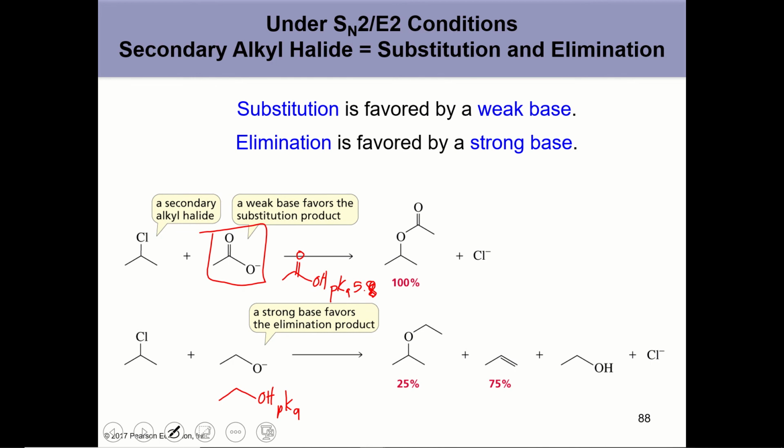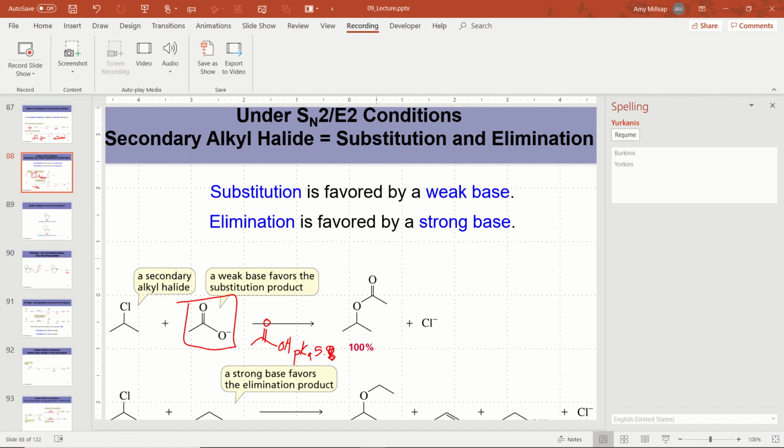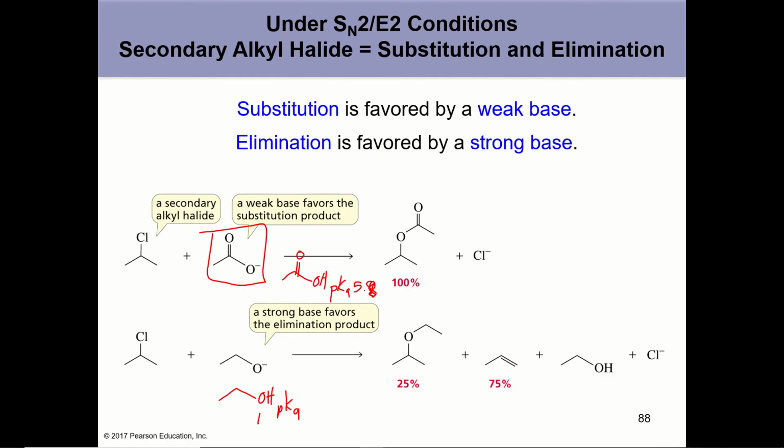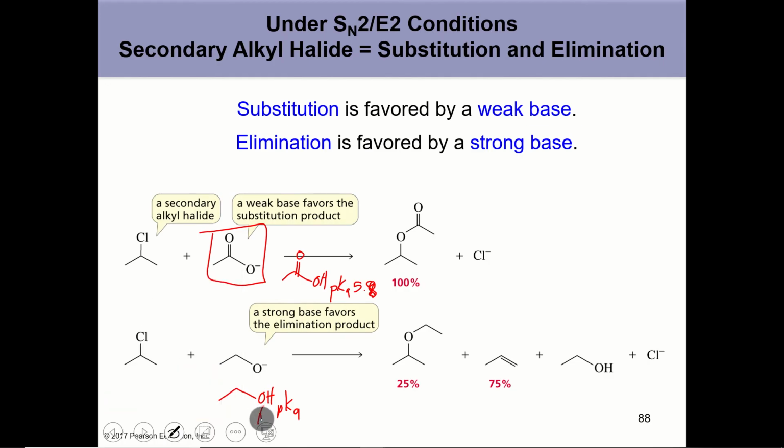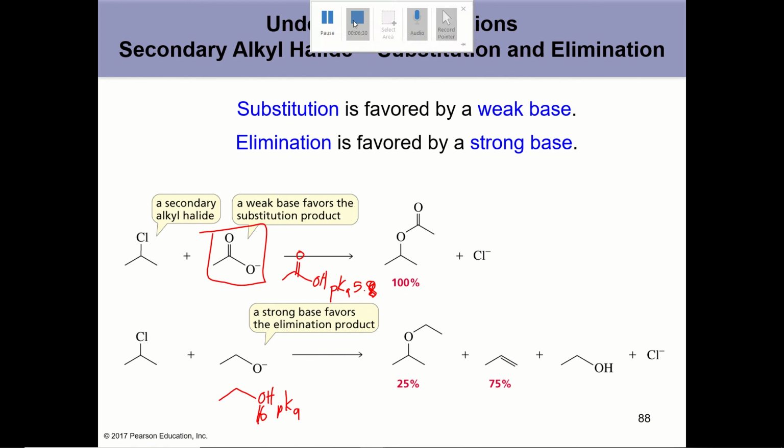And so the ethoxide is the stronger conjugate base, with the pKa of the conjugate acid being 16, and acetate ion, the deprotonated acetic acid, is the weaker